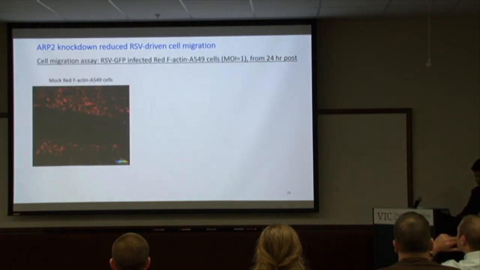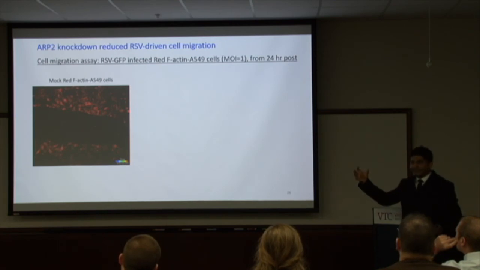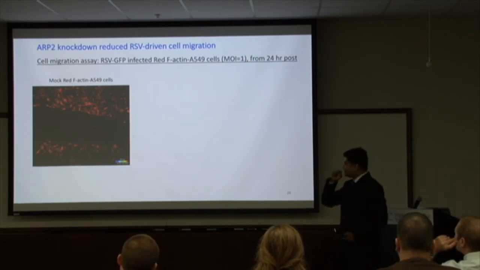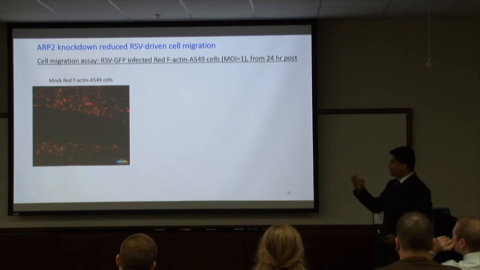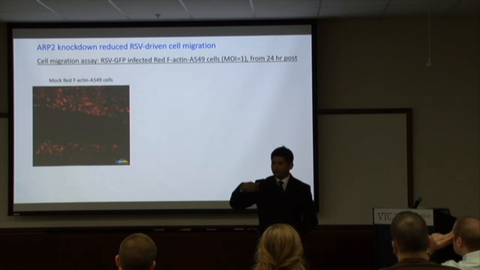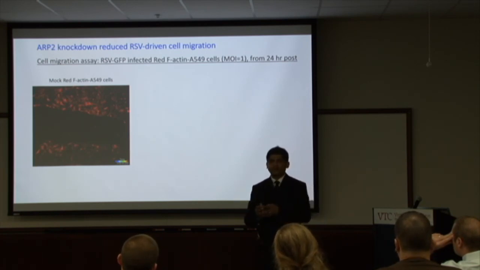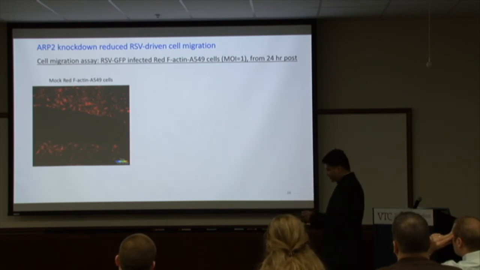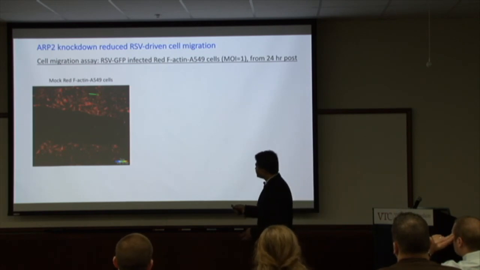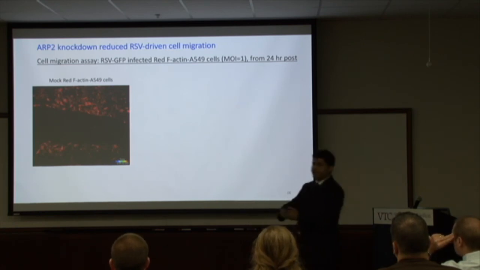And so as I showed that cells are migrating, I wanted to quantify this by making a migration assay that allows us to identify inhibitors. In a traditional migration assay, cells crawl up and we measure the distance. But I hope you appreciate that RSV infection makes cells dynamic, so they can migrate everywhere. Therefore, I have to tweak the experiment: these are the red-affecting cells, and if cells migrate into the scratch area, we'll quantify the red signal and normalize it to the overall field, rather than measuring the linear distance